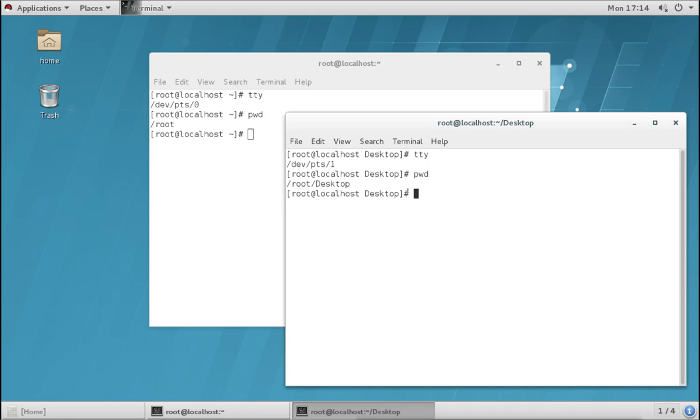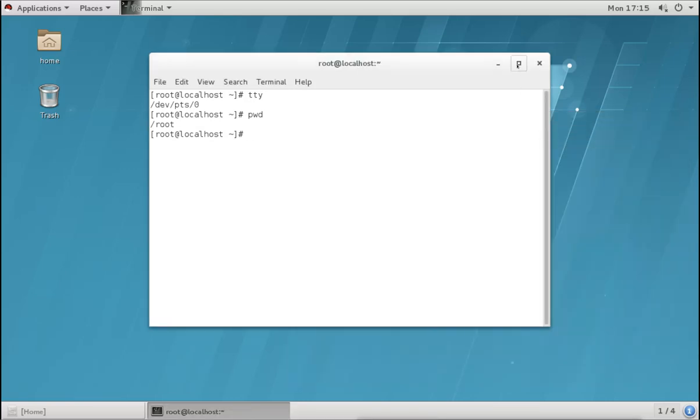Now we can run some other commands. The first command we saw here is tty, to check the terminal, that is, which terminal we are logged in. Then the second command we see is pwd. It is to check the present working directory's absolute path, where you see the directory name but you don't know which directory it is located under. So we use pwd to check where the directory is and where we are logged in right now.